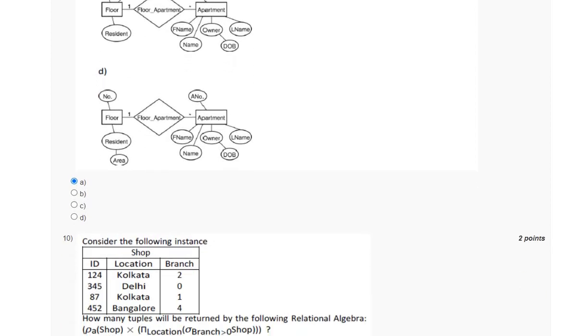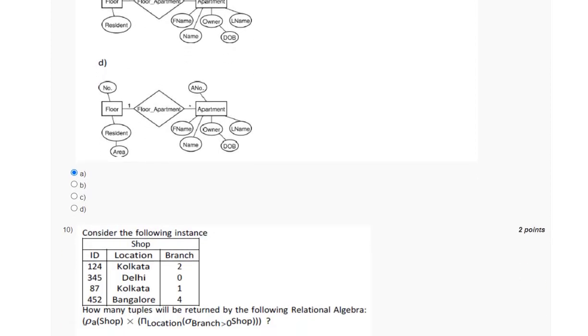For the 10th question, we have been given the following instance shop and we have to find the tuple which will be returned by the following relational algebra. So first we are renaming the shop with A and then finding the Cartesian product, and we will select those branches which are greater than 0, which will result in 2, 1 and 4, and from that we will select the location, which will be Kolkata for branch 2, again Kolkata for branch 1, and Bangalore,